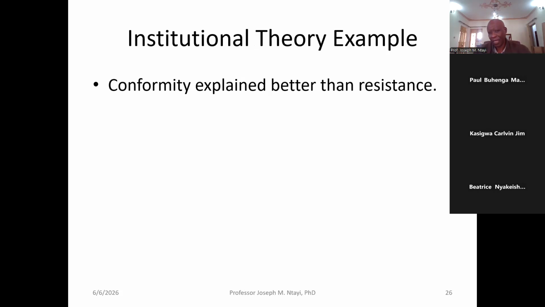Now, of course, institutional theory again has variations, ladies and gentlemen, if you recall. And last time I told you that you must be very careful if you're going to use institutional theory. Tell us exactly what you're talking about. Are you talking about Max Weber's institutional theory? Because it does exist, and there are certain things that he articulated that are very important. If you're talking about hierarchies and bureaucracies and so forth, that is Max Weber. Do not confuse that again with Scott, who talks about norms, rules, regulations, the culture, cognitive, and a number of other things.